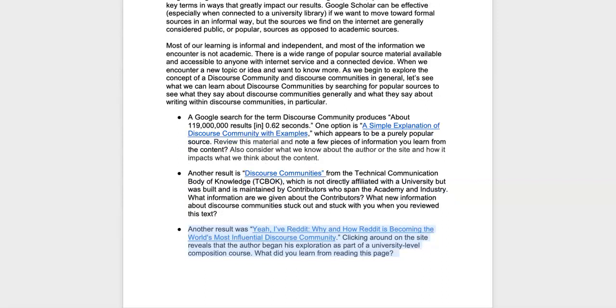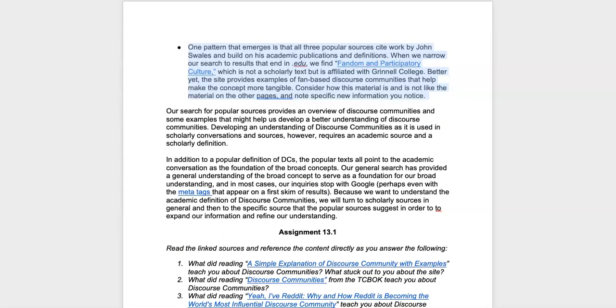Another result was "Yeah, I've read it: Why and how Reddit is becoming the world's most influential discourse community." Clicking around on the site reveals that the author began his exploration as part of a university-level composition course. What did you learn from reading this page? One pattern that emerges is that all three popular sources cite work by John Swales and build on his academic publications and definitions. When we narrow our search to results that end in edu, we find Fandom and Participatory Culture,